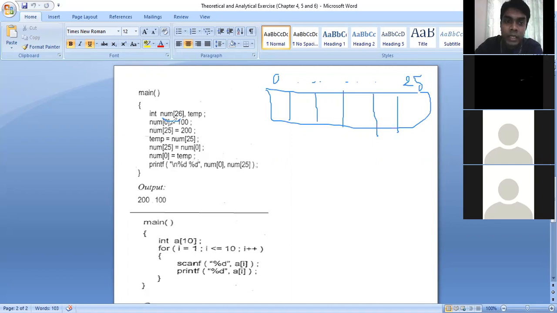What they're saying: in this num array, in position number 0, we are storing 100. And in position number 25, we are storing 200. Now, what are they doing? They are storing the value of 200 inside the temp variable, a temporary variable, and the value of position number 0, which is 100, we are assigning inside position number 25.